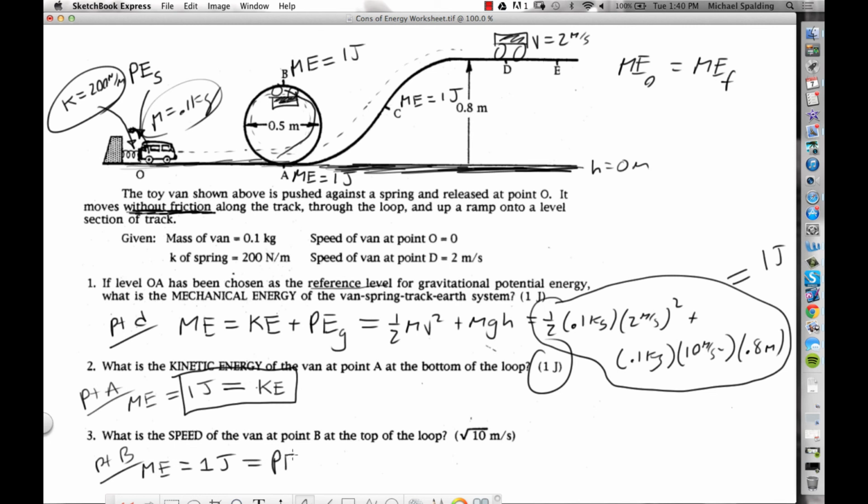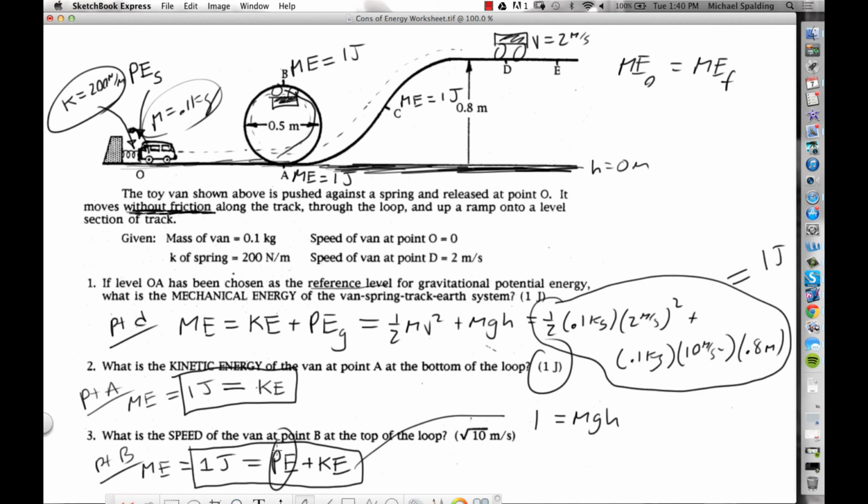Well, it's got potential because it's above the 0 point, right? And it also has kinetic. How do we know it has kinetic? Because it's moving. Okay, so basically here's our equation. We're going to go 1 is equal to